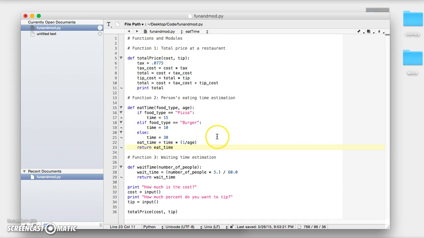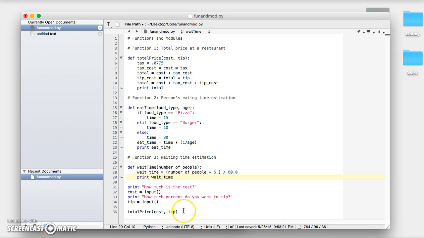So I'll do the same thing here. A return, I did want to just introduce that because it is a very nice feature for some functions. When we don't want a function to necessarily print something, we just want it to return a value, then we use the return feature. Otherwise, we're just going to say print it because that's what we want it to do anyway. So, okay. Now,